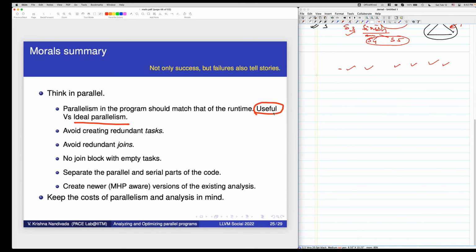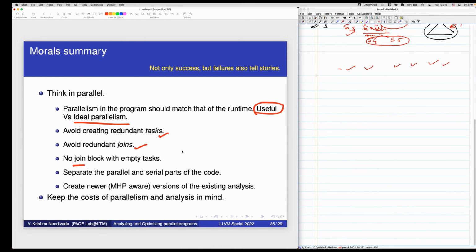The hardware and the runtime may say, look, I have only 4 cores and hence 4 threads. So that's a useful parallelism. We want to avoid creating redundant tasks, redundant joins, useless joins. We have to be careful about the very serial part and the very parallel part, because at some level Amdahl's law will come into the picture, and the serial part can become the bottleneck and all that.